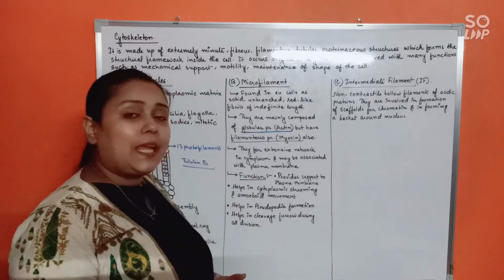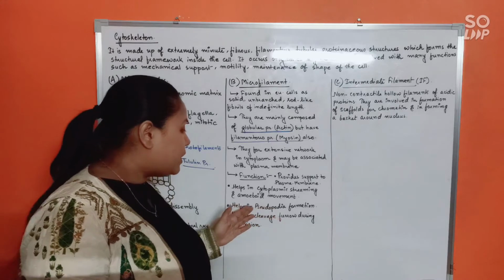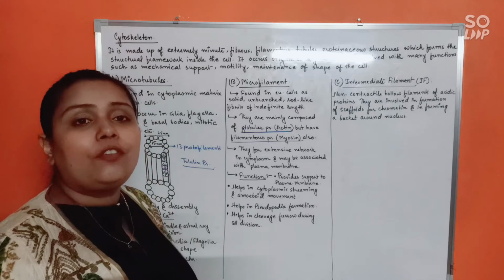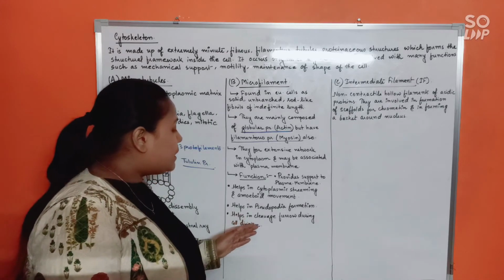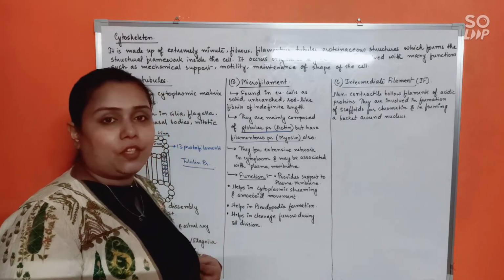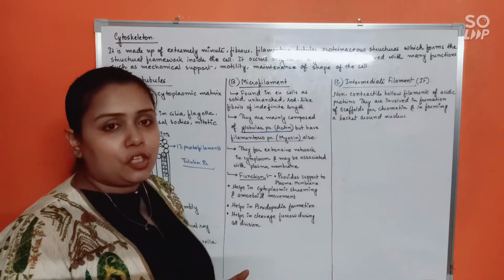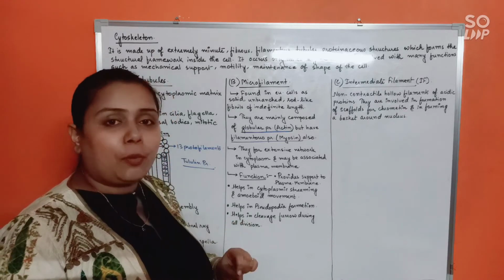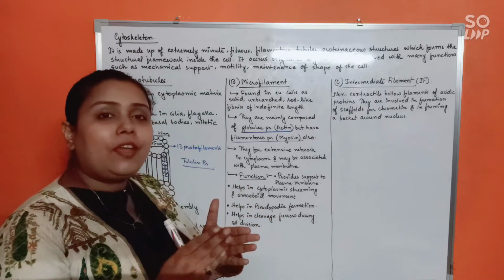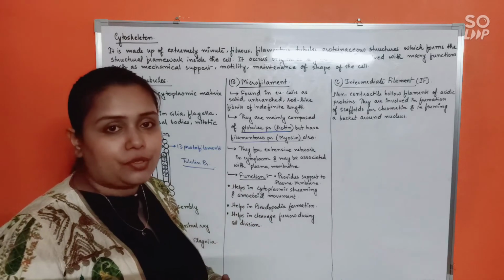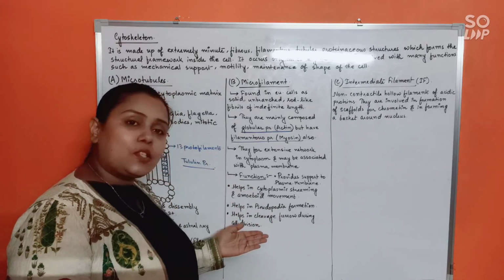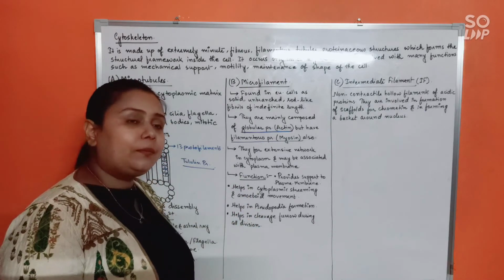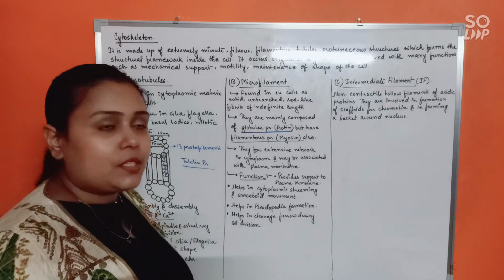Also, it helps in the formation of pseudopodia. That's how it helps in amoeboid movement, the formation of false feet. It also helps in cleavage furrow formation during cell division. You have learned binary fission in the biological classification chapter, where you learned regarding a furrow formation that will help in the cleavage of the parental cell into two daughter cells, right? Now, this is also going to be helped by microfilament formation. So that's all regarding microfilaments.